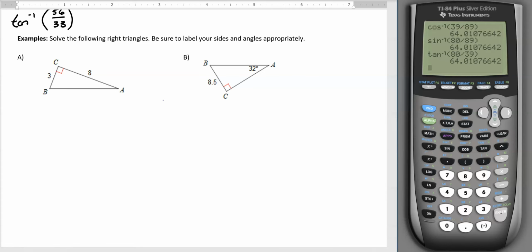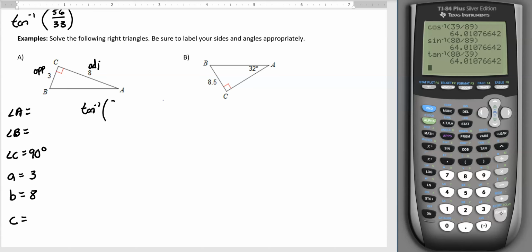So we have angle A that we don't know. We have angle B that we don't know. We do know that angle C is 90 degrees. We have side A is 3, side B is 8, but we don't know our hypotenuse, side C. So if I wanted to find angle A, this would be my opposite, this would be my adjacent, right? So I can say tangent inverse of 3 over 8 equals,